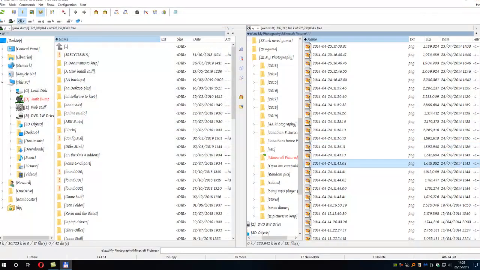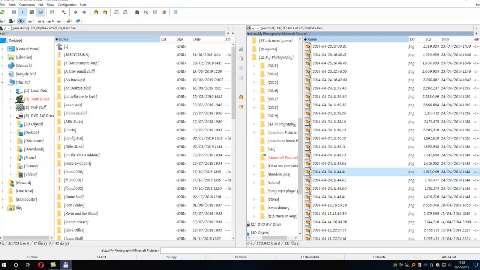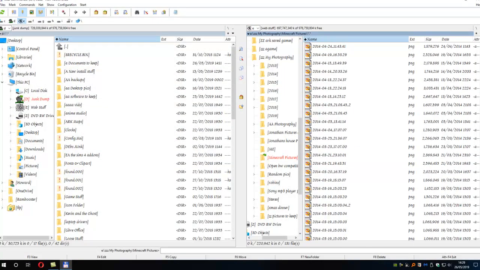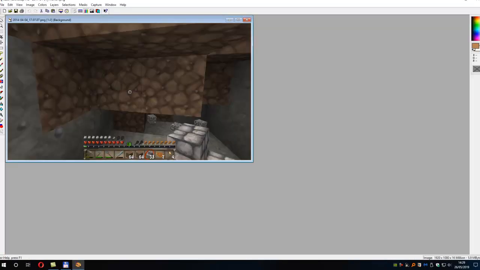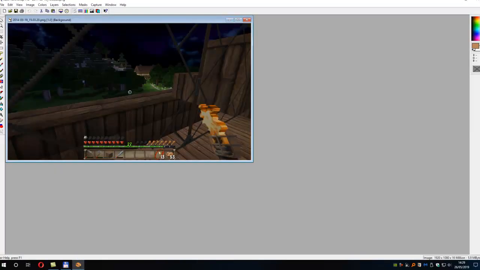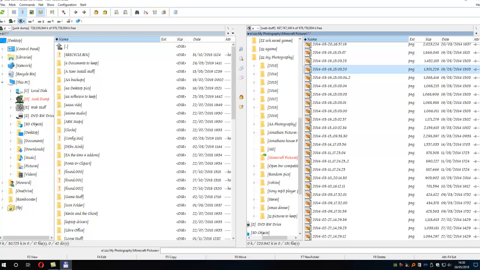I'm trying to find a picture very quickly with the coordinates on, but I can't see it. A beautiful church there. No, I haven't got any with the coordinates on. But this particular folder is full of basically rubbish, so we need to really get that sorted. Anyway, that's it. If I press F3 for the coordinates, the take a screenshot is F2 beside it, and sometimes if you're engrossed with what you're doing,